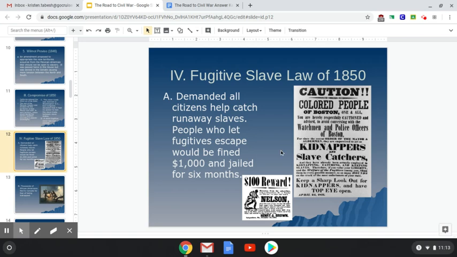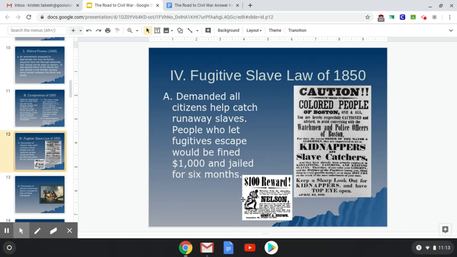So they were kind of trying to keep the town worried in a kind of panicky way, saying that colored people obviously should not be trusted, that they are potentially slaves that ran away or escaped. So make sure that they are returned.